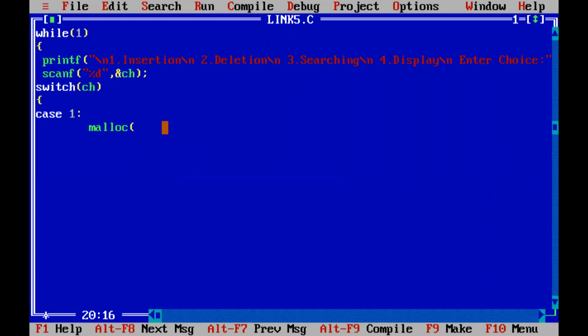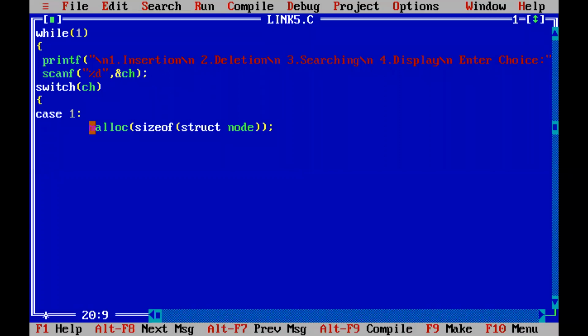Then what else? Kaushik, can you tell me what will be the argument for malloc and what is the return of malloc? Kaushik: Yes, ma'am. Size of struct node, ma'am. Size of struct node, right? Good. So size of struct node is given as an argument, right? And it will be returning what? Kaushik, what will it return? Int, ma'am.